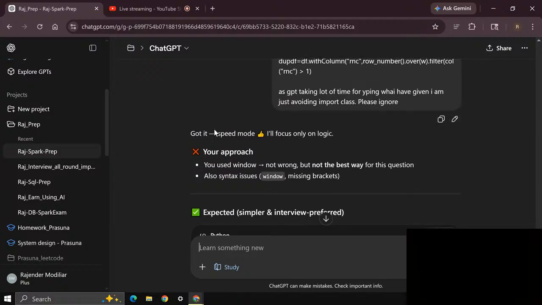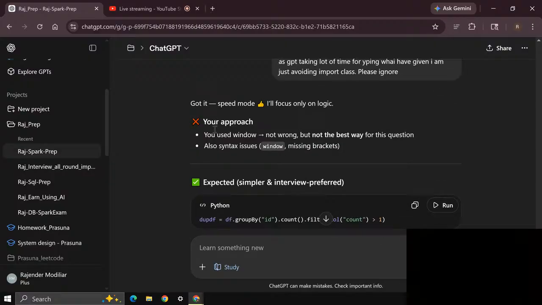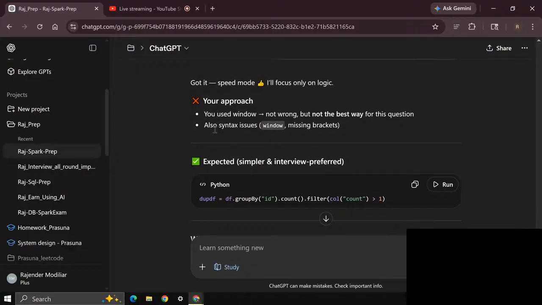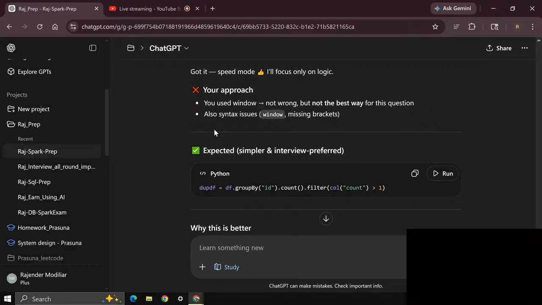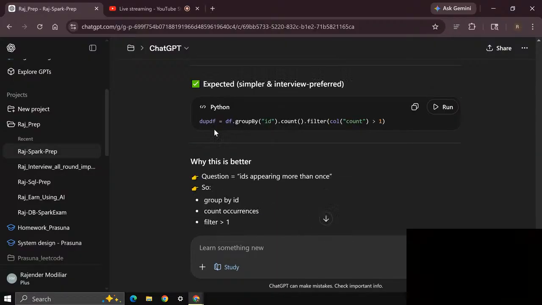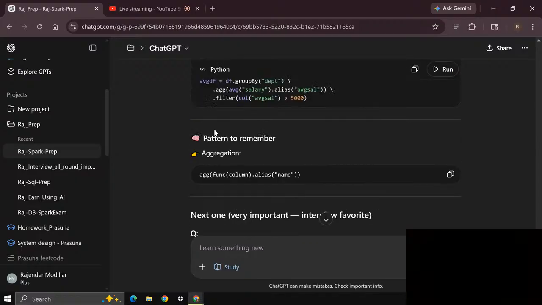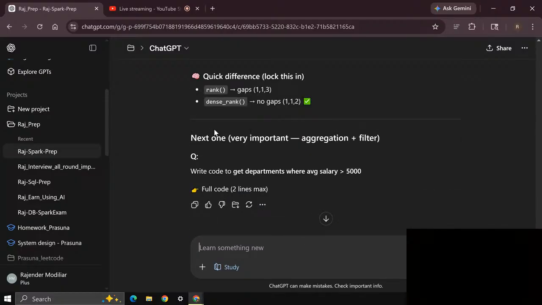Got it. Speed mode. I'll focus only on logic. Okay, your approach. You used window, not wrong, but not the best way for this question. Also, syntax issue. Window missing brackets. What? Window is not missing brackets, right? Why? What is window here?